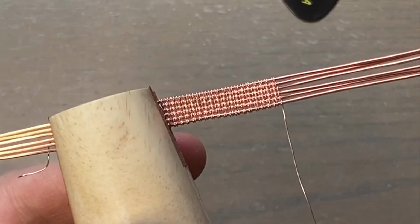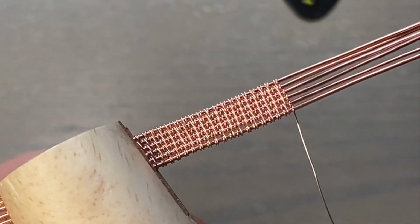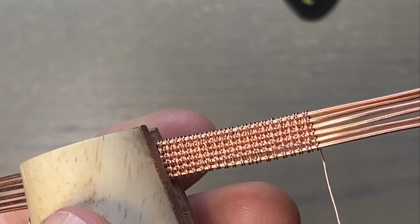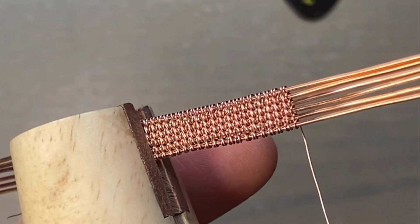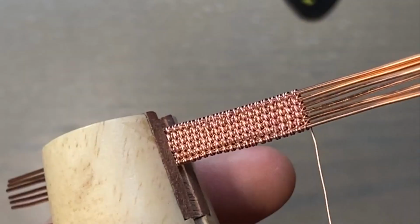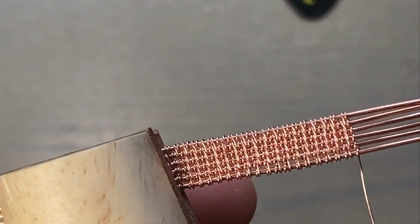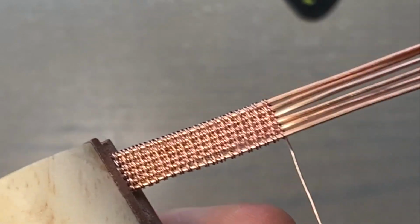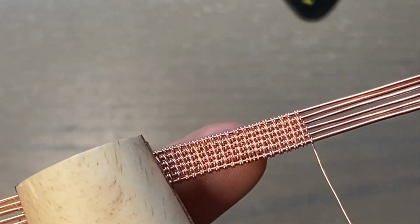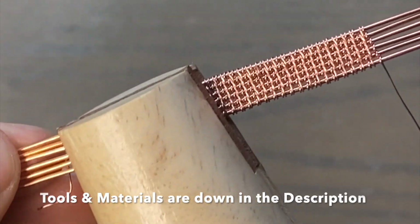Alright, so I'm in the process of practicing this weave. I want to do this same weave in sterling silver for next week's video. The bracelet I'll show you next week is a design by a friend of mine from the Rock Club who is also a wire wrapper, and he's been doing it for many years. All his wire wraps are really clean and precise. I really admire his work. He made a bracelet that incorporated this weave in it. I'm not sure what it's called. I figured while I'm practicing I'll do a quick video on how to do this weave in preparation for next